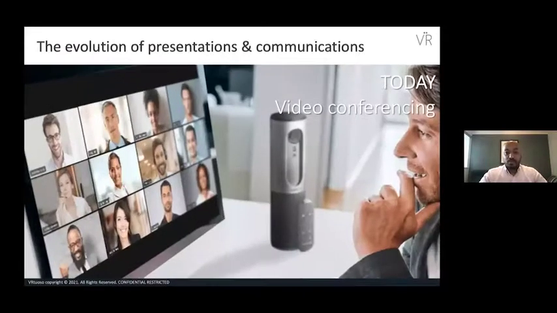And now with the evolution of technology, we moved on to the video conferencing model, and again, COVID has helped develop this method. A lot of people are delivering presentations remotely today, right? And with video conferencing, it helps. We can see each other, we can talk to each other at the same time.